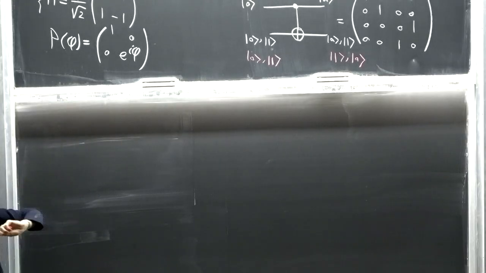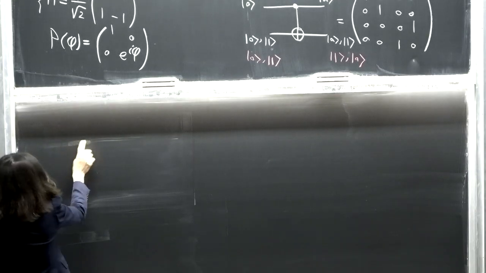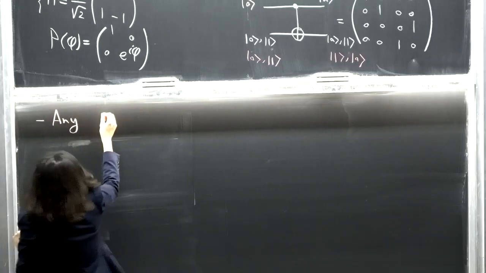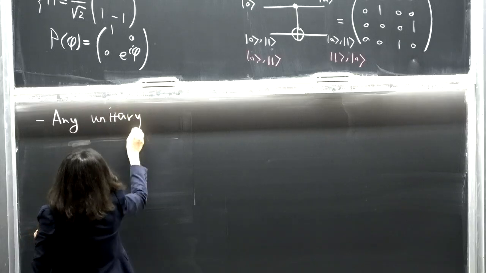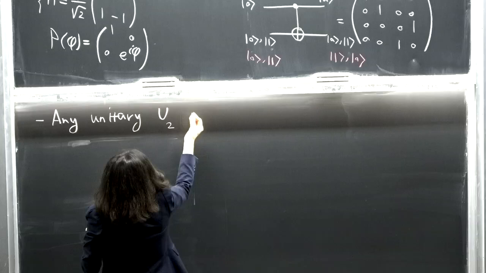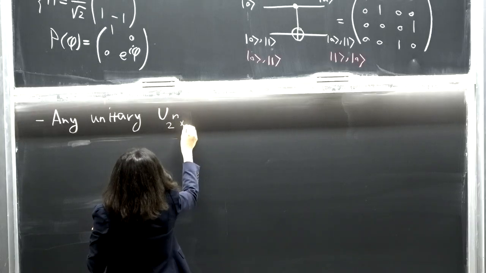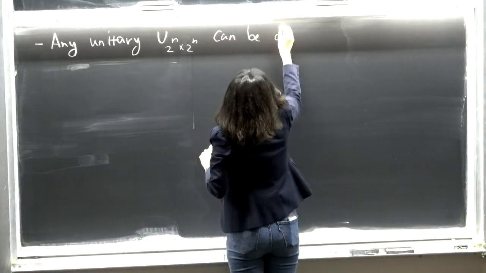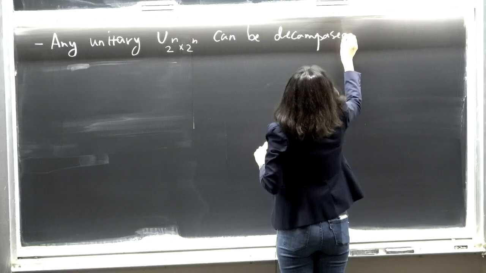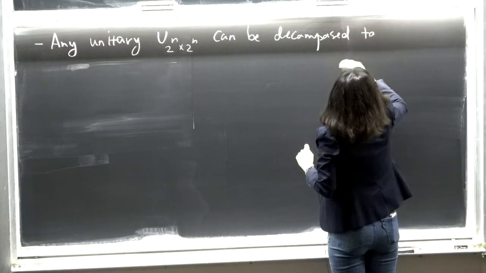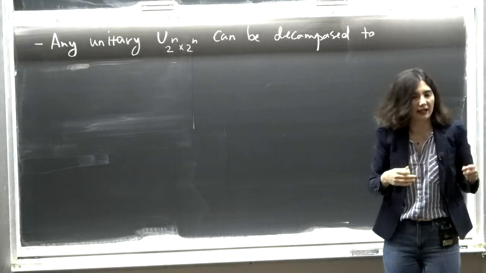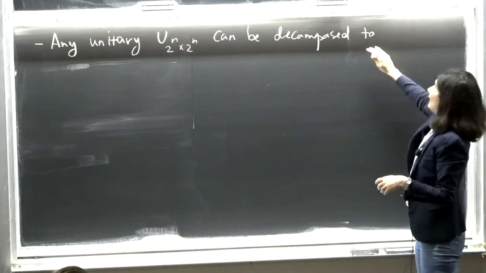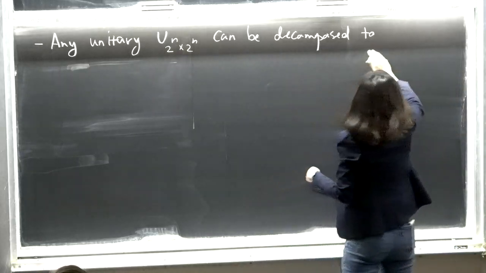So why don't I need multiple qubit gates? Well, the answer is pretty remarkable because there are some theorems that show that any unitary U acting on a state of n qubits, so this is going to be a 2 to the n by 2 to the n unitary, can be decomposed arbitrarily closely, which means that you can efficiently, in a polynomial number of operations in terms of the qubit number, get as close as possible to any unitary with a finite